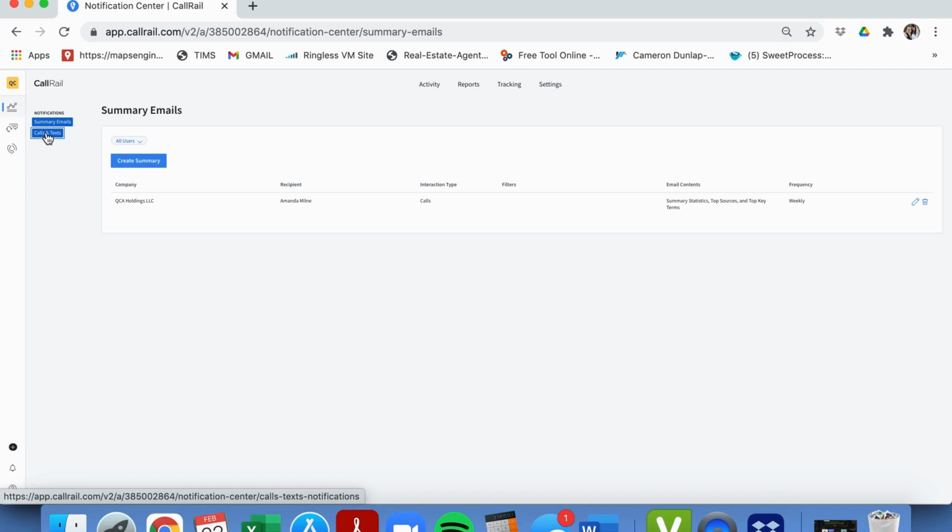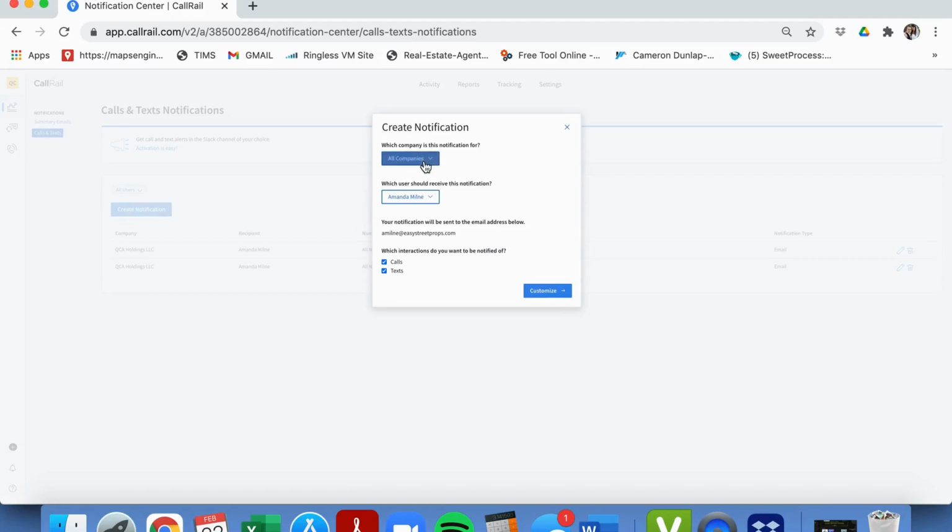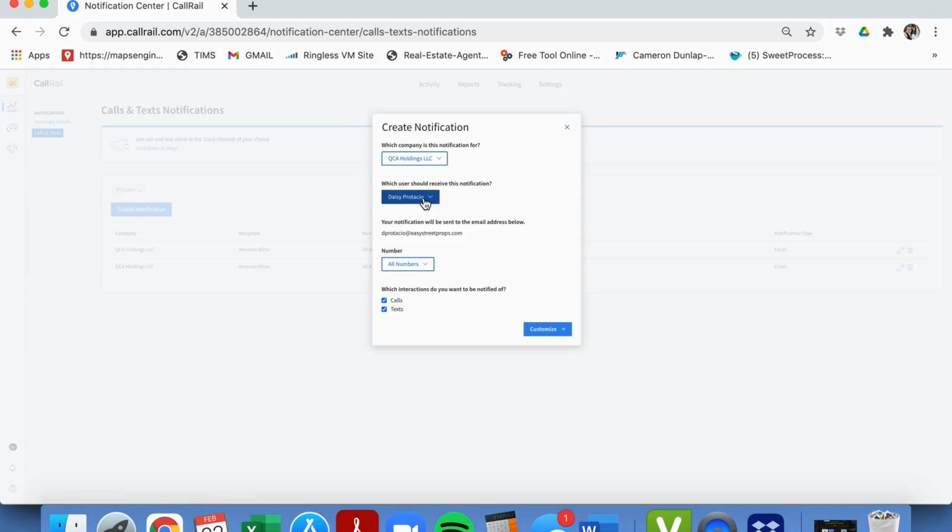So it's just better to set this up. If you're a virtual assistant or a client or anybody else using CallRail, make sure you come in here, go to calls and text, and create your notification. If you have multiple companies, you just select the company that you want to create the notification for,